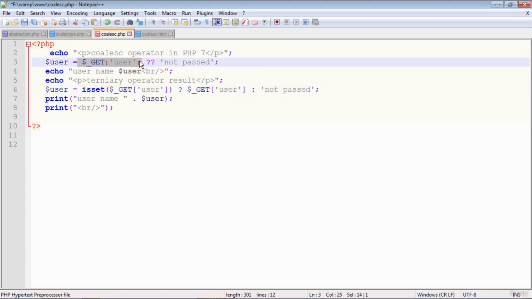So this is the variable that you want to see whether it is set before calling this script. If set, then that set variable itself will be the value of the variable called user. If not, then this string will be the value of the user. Okay, so if I call this script coalesce.php directly in the browser, there is no question of this script being called by a certain client side